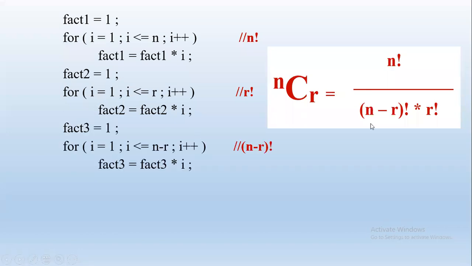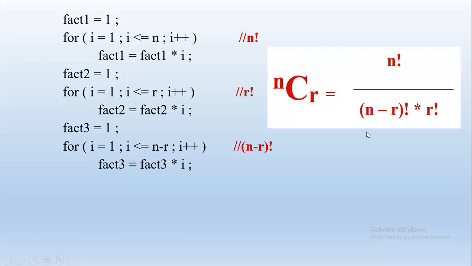Next, we have to find n minus r factorial. We are taking fact3 here, initializing to 1. It is the multiplicative identity. Now we are working till n minus r only because we want to find n minus r factorial. When you write this expression here, this is a condition, and inside it we have an expression. First it will solve this one: 5 minus r. r is 3, so 5 minus 3 is 2. So i will be working till 2. 1 into 2, fact3 we will get as 2. That is n minus r factorial.